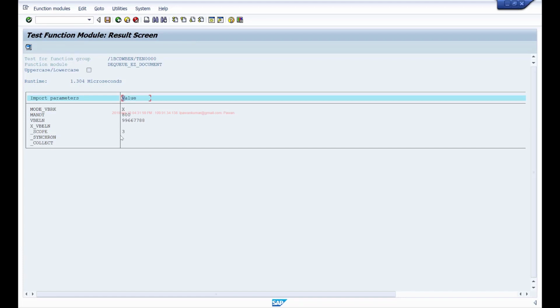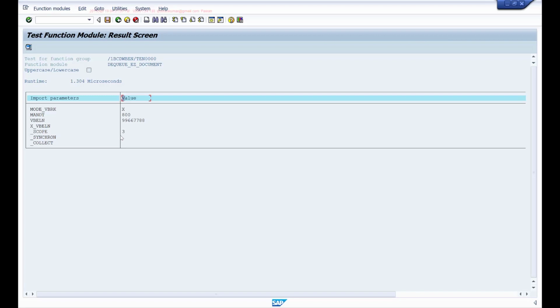Using these enqueue and dequeue function modules, we generally handle the logical locking in our application. So this lock object simply generates these function modules. You still have to call them in your program as per your requirement. In most cases, you are creating one application that will have display and change modes or create modes. So whenever somebody clicks on that change button, before allowing them to enter the change mode, you first verify if the lock is already established.